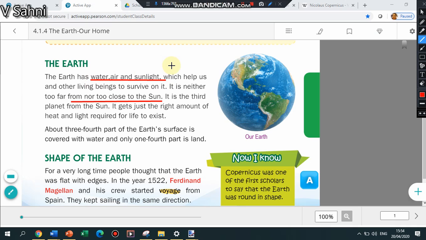Slowly we will look into each and every aspect. Don't worry, this is just a gist I am giving. The first thing about earth that we are going to talk about is the shape of the earth. All right, so